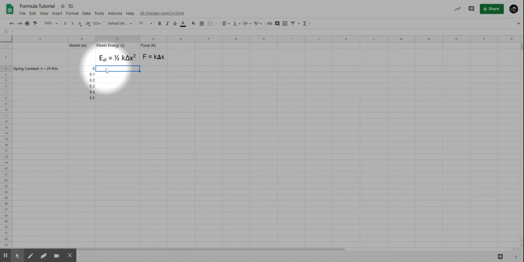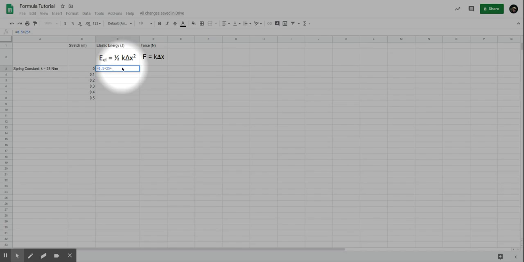To do a formula in Sheets, you click on the box where you want to have the formula calculated. Do that right here, so it'll be a nice table. You start by pressing the equals button. Now that tells Sheets it's going to do a calculation here. It's going to calculate elastic potential energy. To do that, we'll take half, or 0.5, times, it's important to remember the multiplication sign there, K. K is our spring constant, 25,